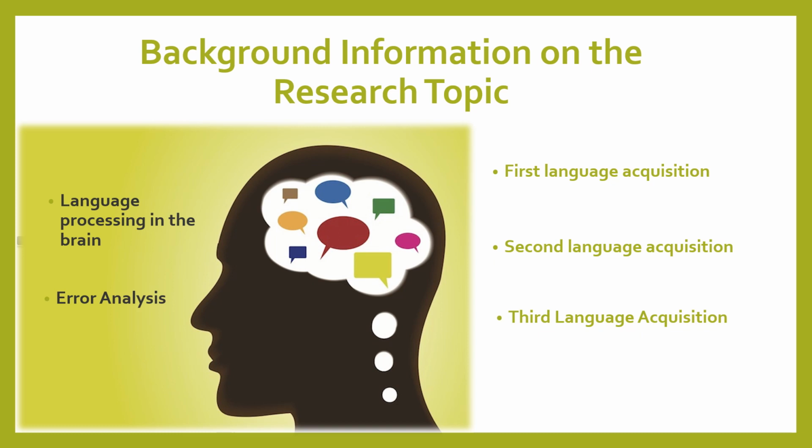Language processing in the brain happens basically in two areas called Broca and Wernicke. I don't know how to pronounce that area. But in these two areas is where language processing happens. And on the right side of the brain, you see the images. These images go to the Wernicke area where comprehension is processed, and then the information is stored in the Broca area.